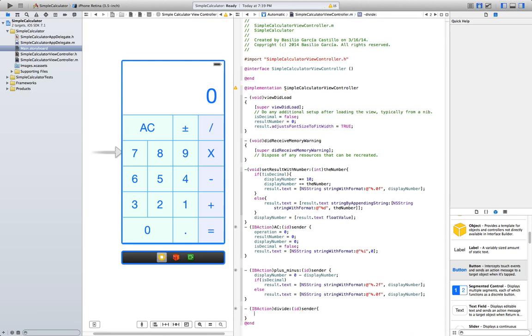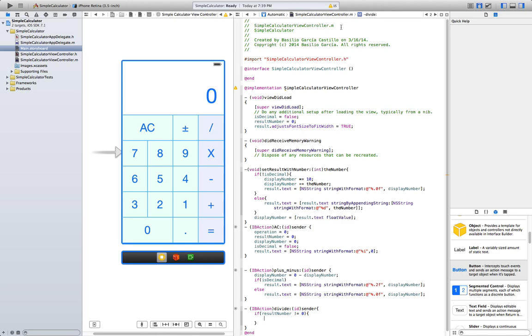So basically, if we don't have a result already, so if result number is 0, what we are going to do is we want to call some code that sets the operation to the division. And again, we could do this for the 4 operations, but we are just gonna make a method and call it with each of the operations.